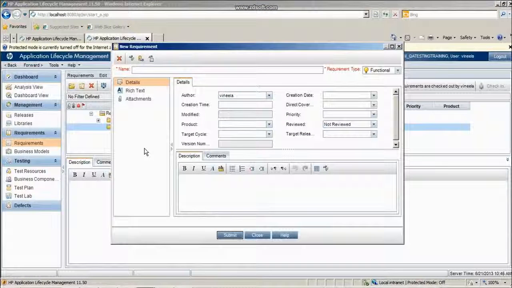Requirement. As I explained, a requirement is the one which will give us the clear picture to develop the application or develop the test cases. Okay, I will say here, login screen. Login screen requirements. Okay,